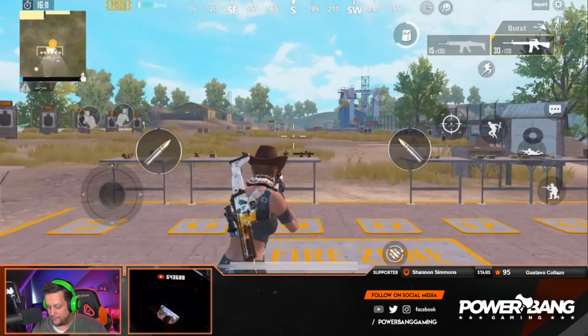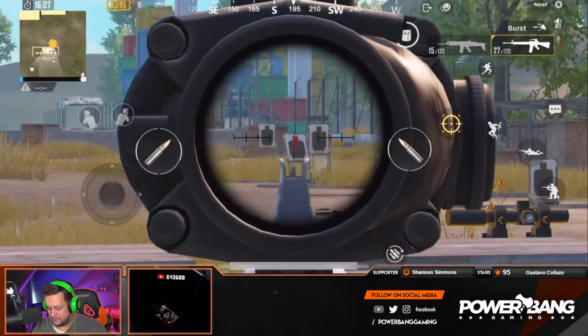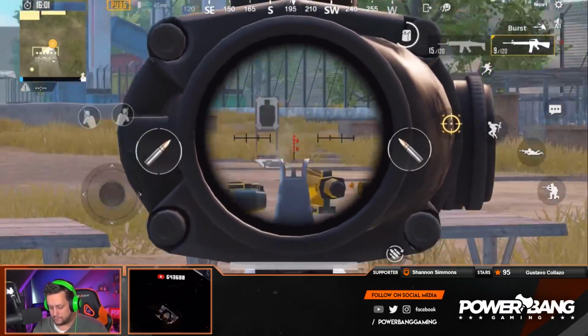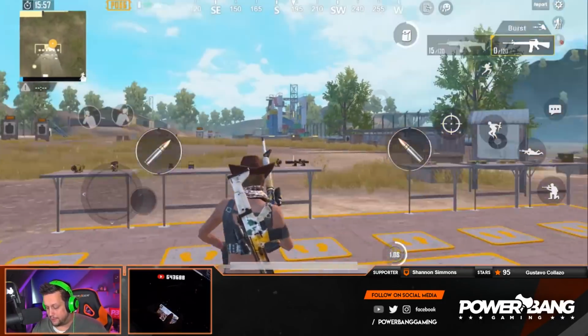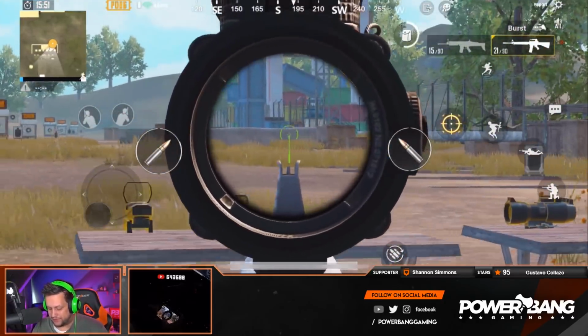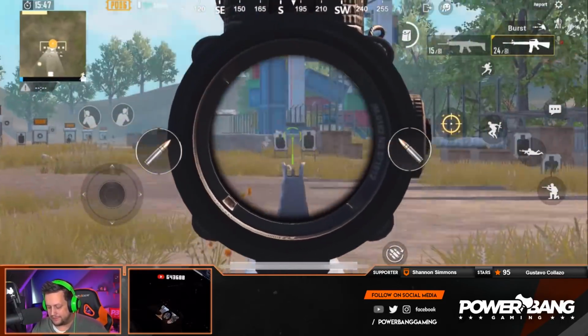Now we pull out a different M16 skin. Which one is this? The Galaxy. Zoom in and yeah, dude, you can see again. Yeah, dude, I like that a lot. So we'll throw on a 3X here, just to kind of make sure. And once you can, I mean, that's how it's supposed to look. You see how the reticle is way above the iron sight, not the iron sight being huge. So this is definitely